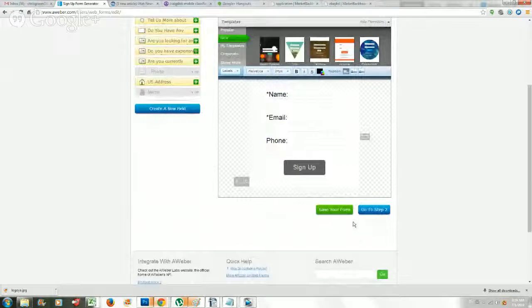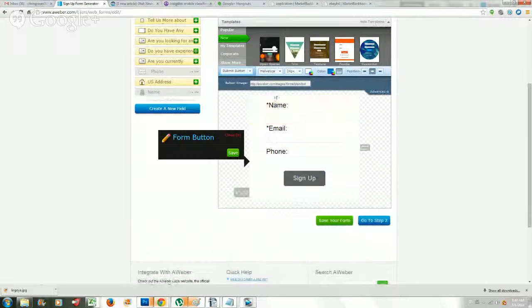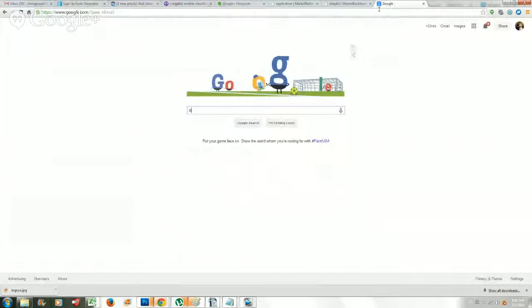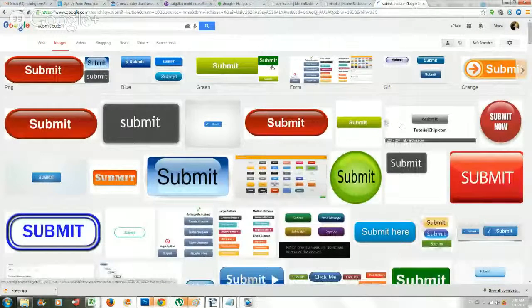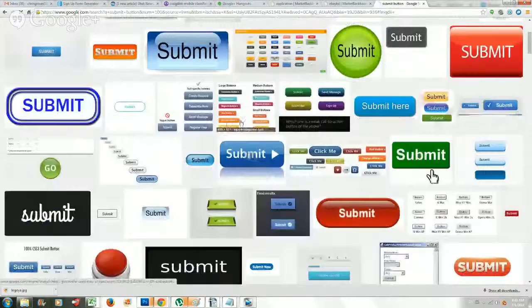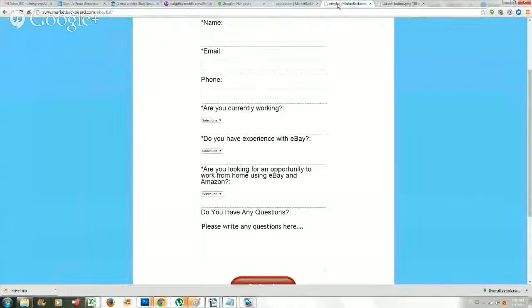But once your form is done, you can change out the sign up button. In fact, when you click on the sign up button and you go to advanced, what I like to use is another button. Instead of sign up, I like to get a button that says submit. So basically go to Google, submit button. You can host the button yourself, or you can just copy this URL right here, and